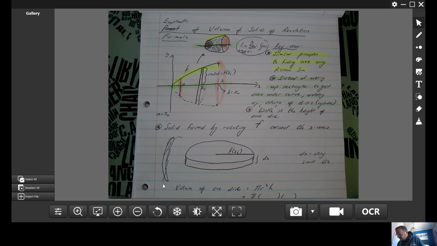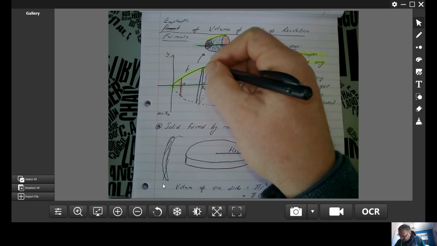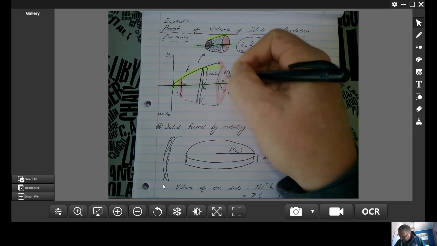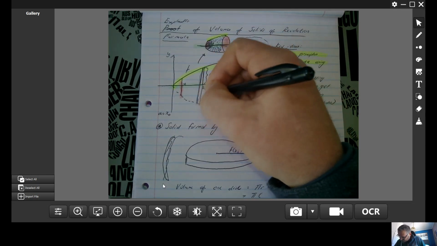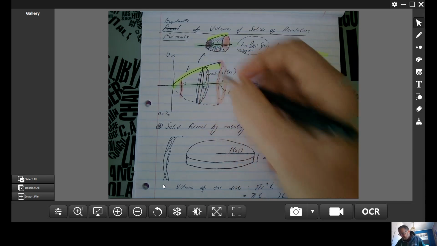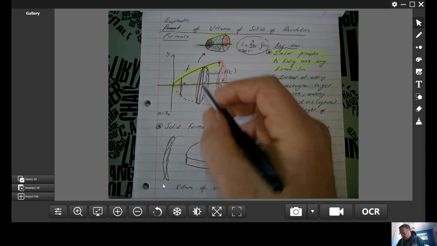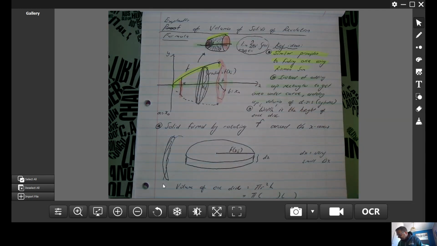If you can imagine, you've got a disk parallel to this shape over here; my diagram's not very good, but you've got disks formed, and in each disk, where previously